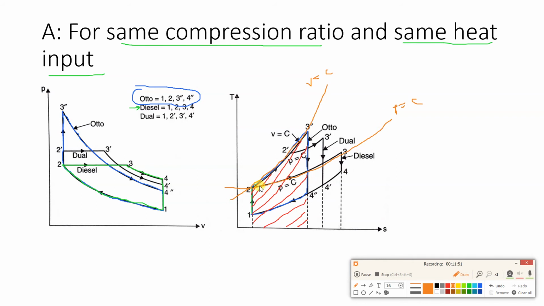Now here you can understand, for diesel cycle, if I stop at this point, this is 3 double dash for Otto cycle. So on the same vertical line, if I stop over here, constant pressure heat addition for diesel cycle, then you can see area under this curve from 2 to this point will reduce. So this will not be the same heat input. So what is required is we need to extend this curve beyond this 3 double dash, 4 double dash vertical one.